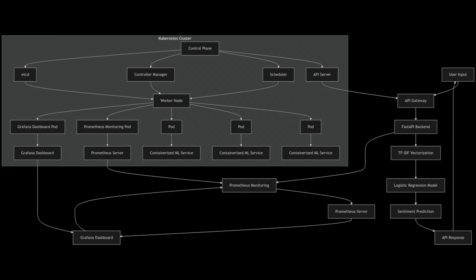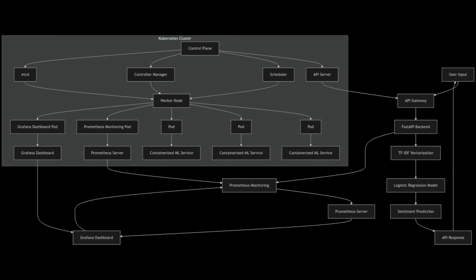So in this tutorial we'll be seeing a step-by-step guide to deploy and test ML services on Kubernetes. We will be training a sentiment analysis model using Scikit-Learn, and we will try to deploy it with a FastAPI-based REST API. We will also do Kubernetes deployment with autoscaling, and we will integrate Prometheus monitoring and persistent storage for model artifacts. This comprehensive tutorial walks through a complete MLOps project covering everything from local deployment to